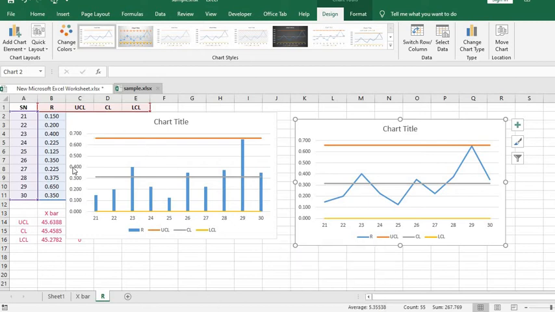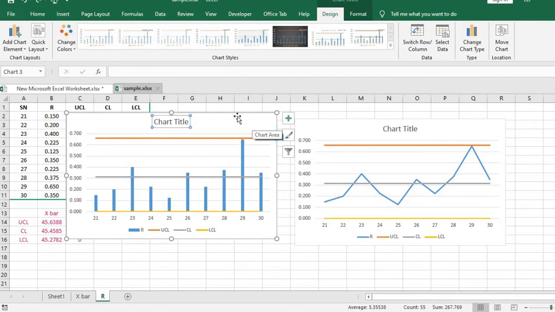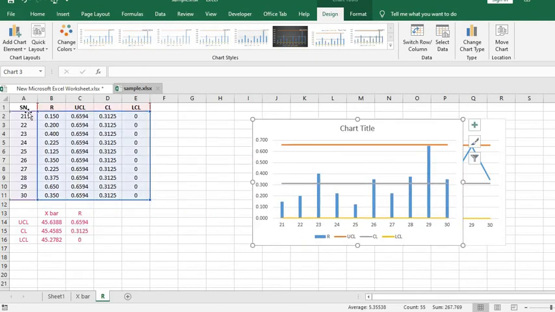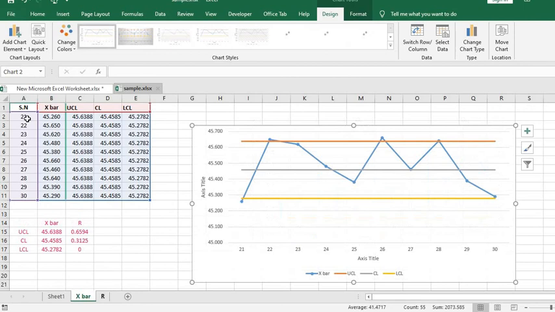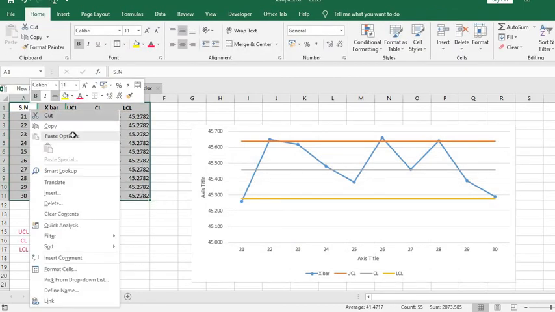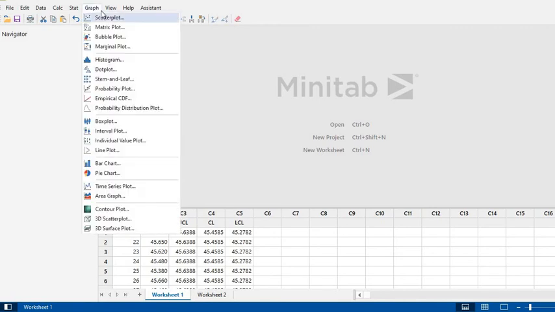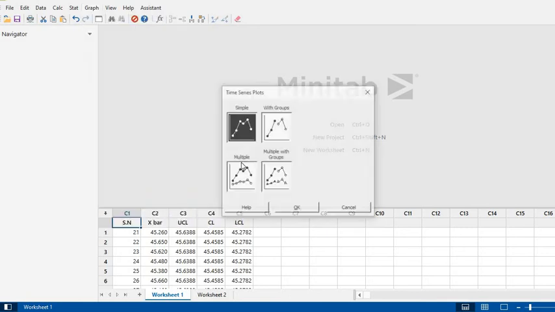Now we will see how to plot this graph in Minitab software. First for X bar, we copy this and paste it in Minitab. I already pasted it here, and now we go to Graph and Time Series Plot.